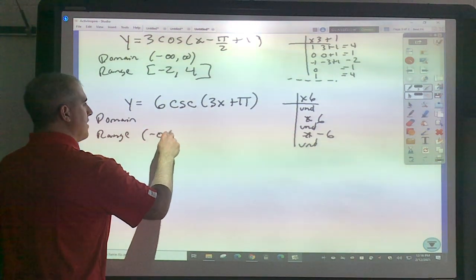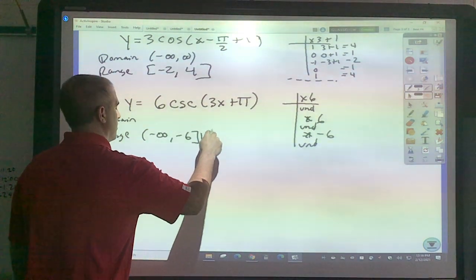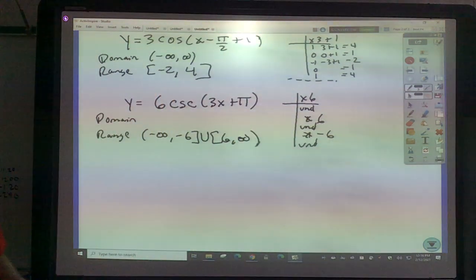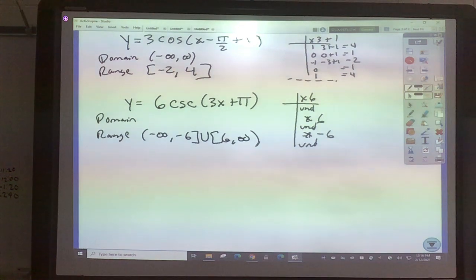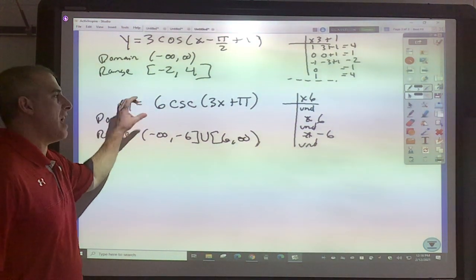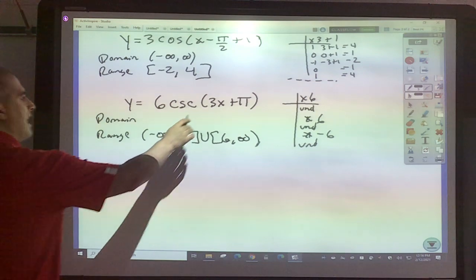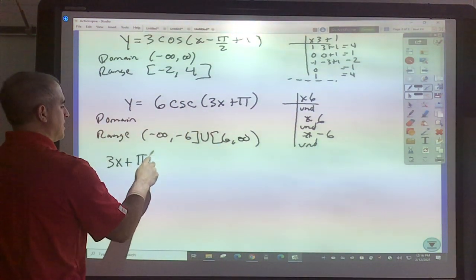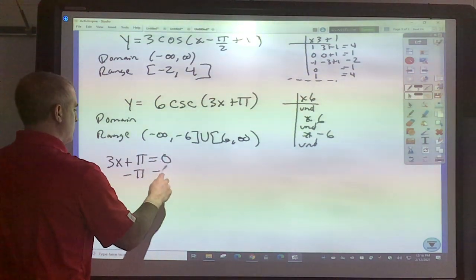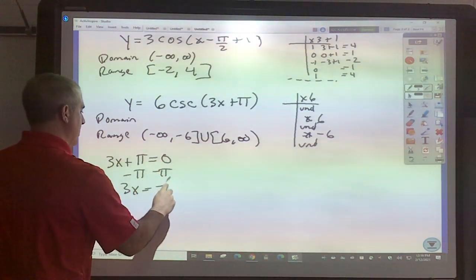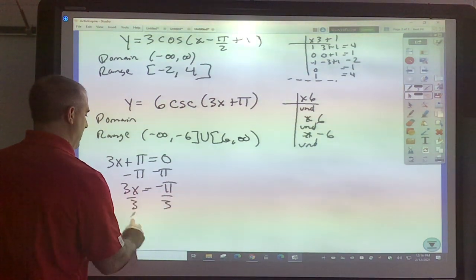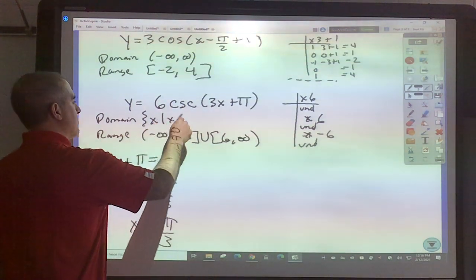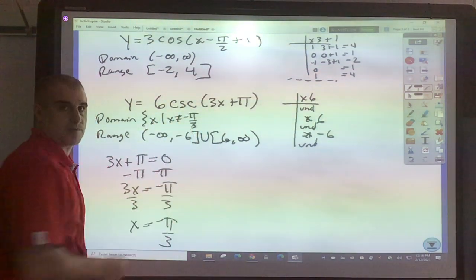It's going to be negative infinity to negative 6, union 6 to infinity. Our smallest value, biggest value, sort of know how that lays out. Now, the domain, I'm going to have to do a little extra work. I have to find my starting angle. For cosecant, I do that by doing 3x plus pi equals 0. I would subtract pi. 3x equals negative pi, divide by 3, I get x equals negative pi over 3. So x such that x can't be negative pi over 3,